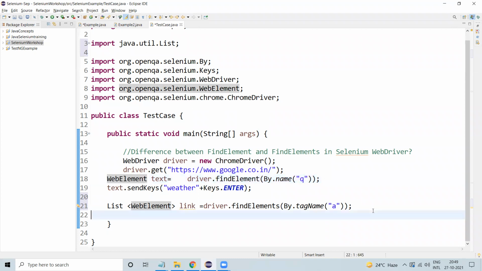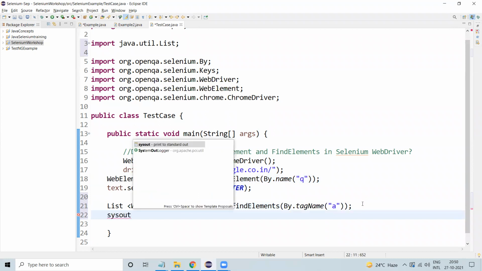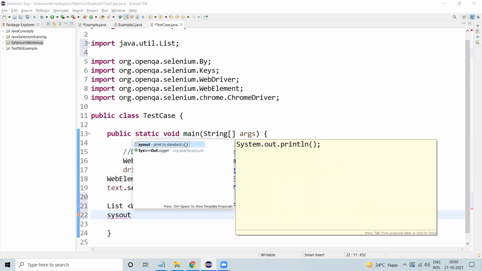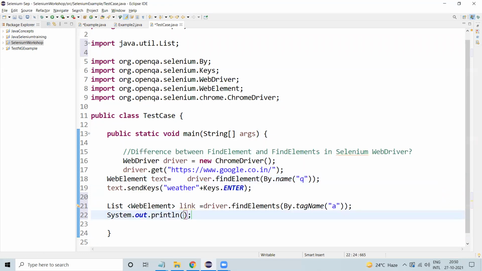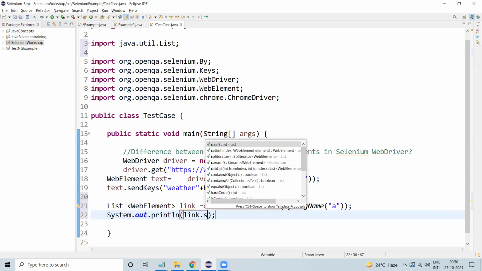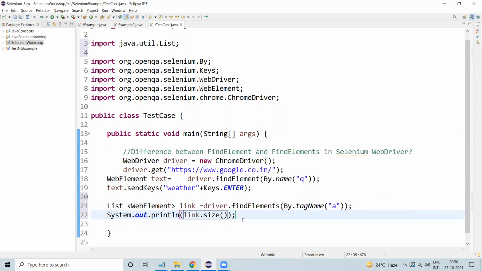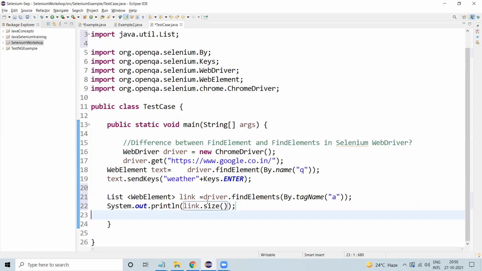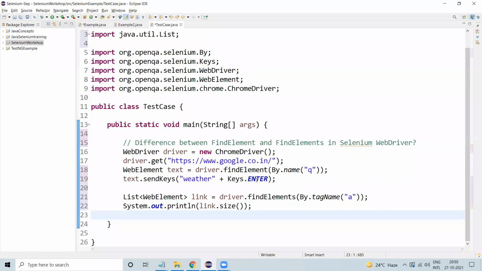Now I just want to print the size of the links. How many links are there? So I can print link.size.